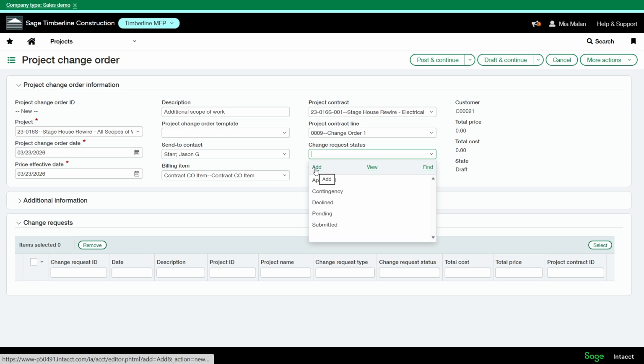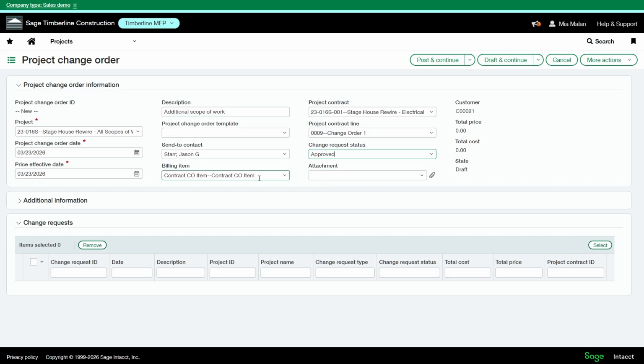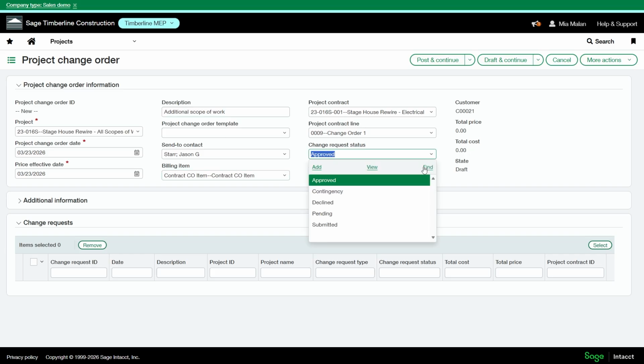You can call it under review, verbal approval, whatever fits your organization's needs. At this point, I have approved change requests, so I'm going to mark this as approved because I know this change order will be approved.